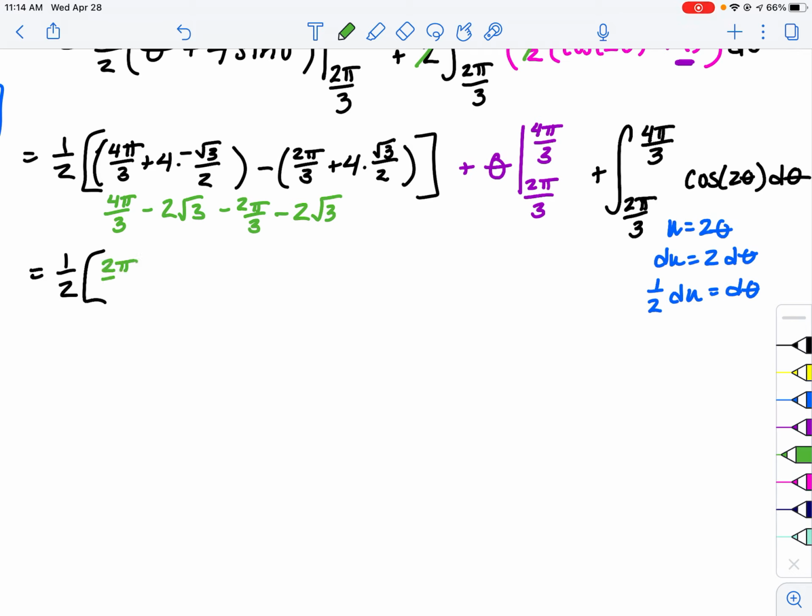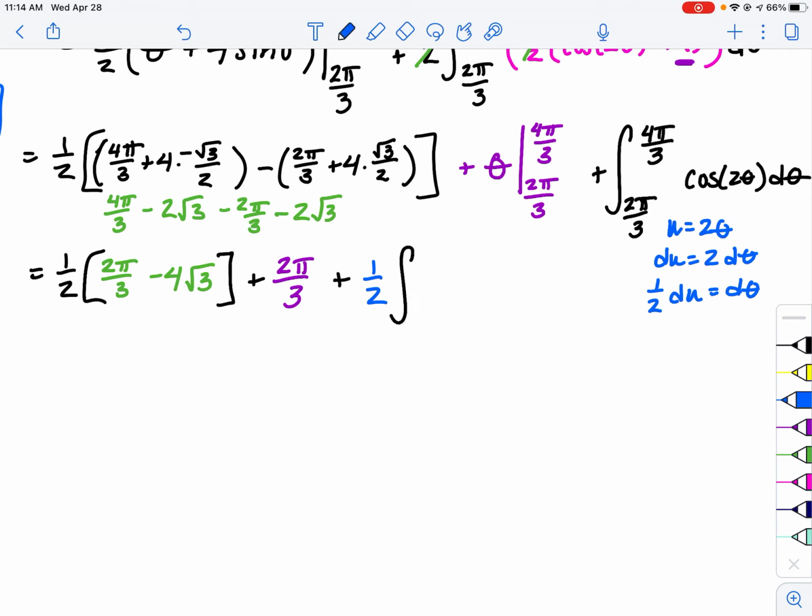Okay, so 4 pi over 3 minus 2 pi over 3, that's going to be 2 pi over 3 minus 4 root 3. Okay, so we have that part plus we're going to get 4 pi over 3 minus 2 pi over 3 for evaluating the theta part. So that's going to be another 2 pi over 3 plus we're going to get 1/2 times the integral from,